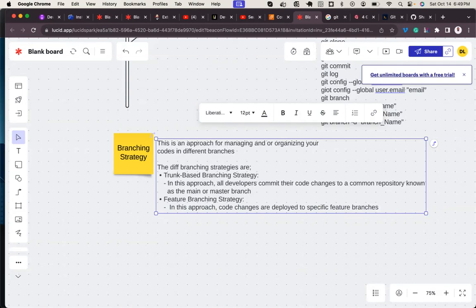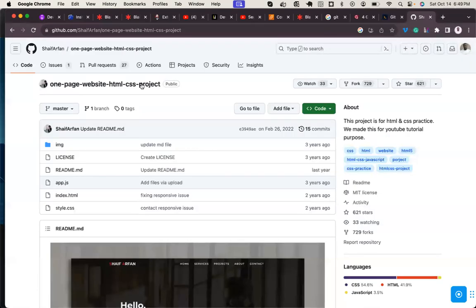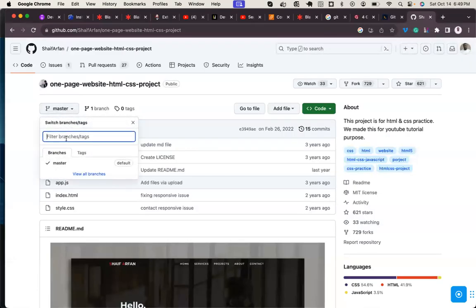They call them feature branches. You see, in a highly intensive production environment, when you go through your GitHub repository, you see things like, let's say for instance, feature 01.